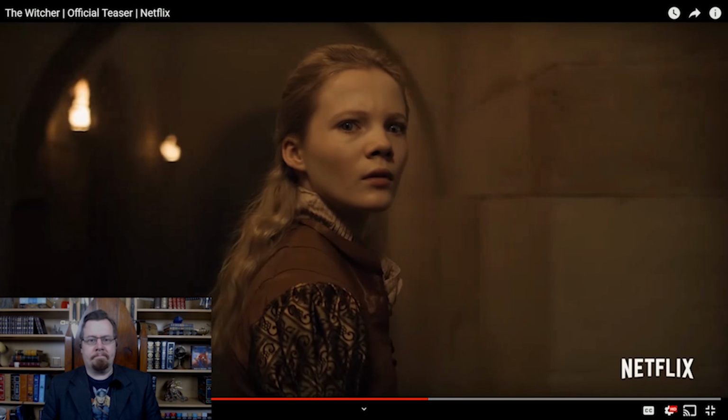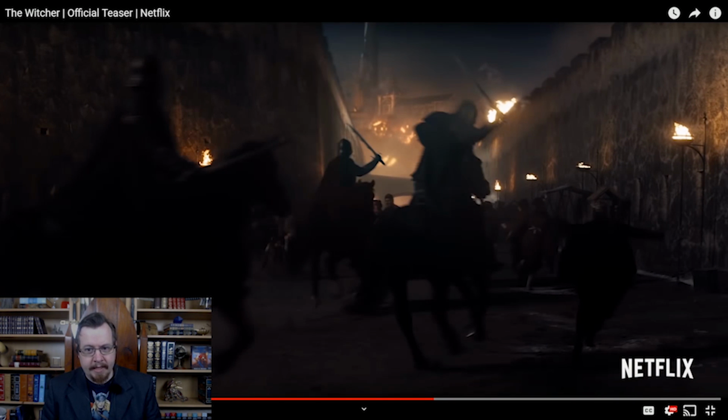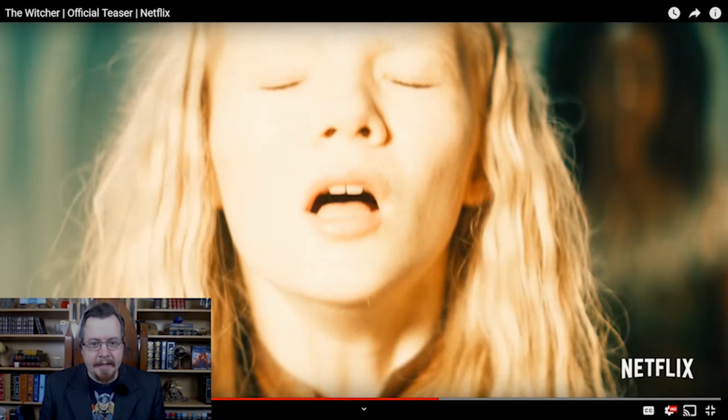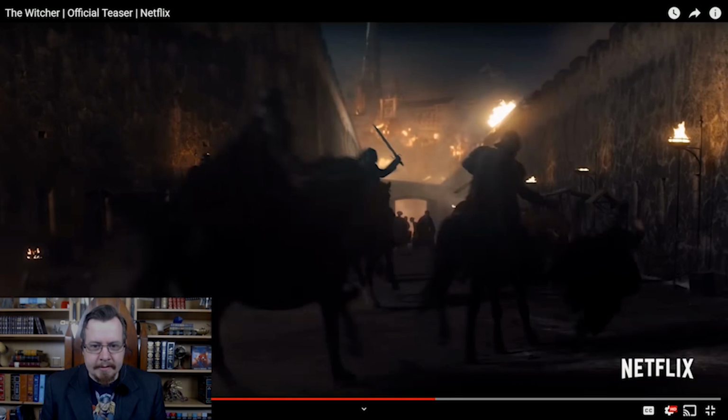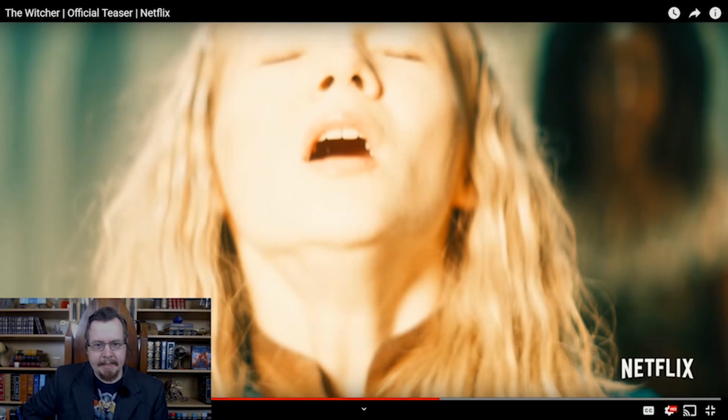Siri again. Is this more Nilfgaard? Well, yeah, you can see the helmets. Hang on, there's some interesting things happening here. First of all, I want to go right back. Interesting crossguard on this sword here. Look, there's nothing wrong with it. Just stood out to me. It's like, okay, yeah. So let's see what's going on here.